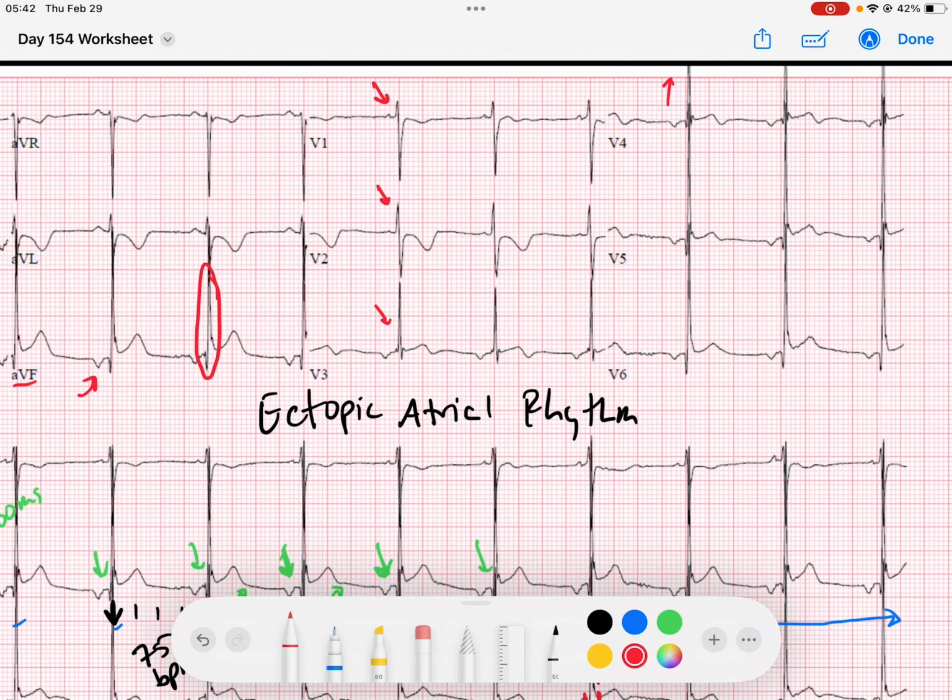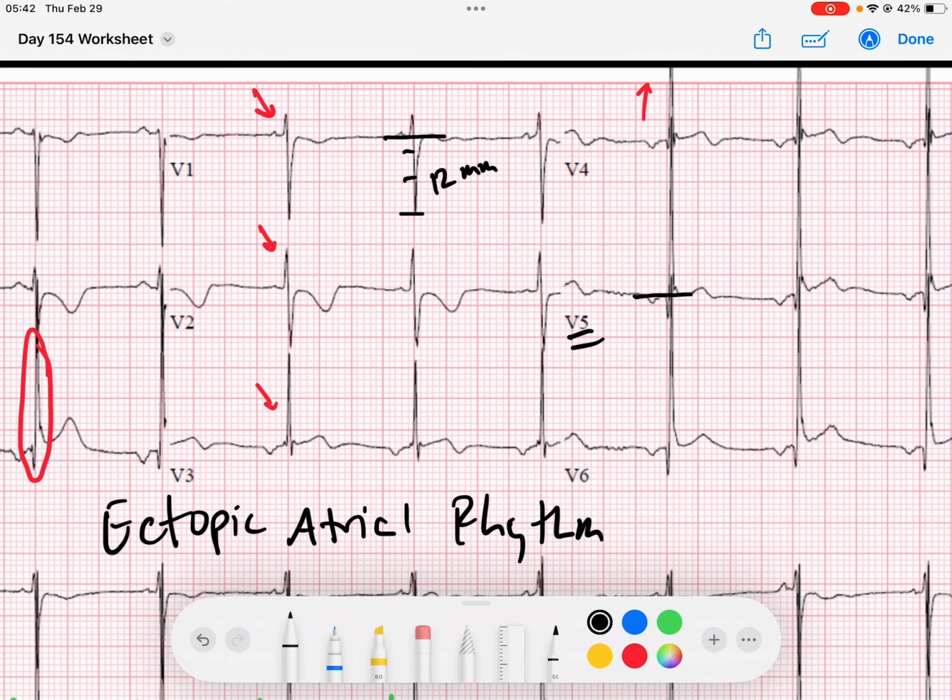And so I look, and I know that if I add the S wave in V1, so here's my baseline, here's my S wave, which looks to be 5, 10, maybe 12 millimeters, and I add that to the R wave in V5, so the R wave begins here at the baseline, and if you can see, it comes up to right there. We've got 5, 10, 15, 20, 25, we'll say 29